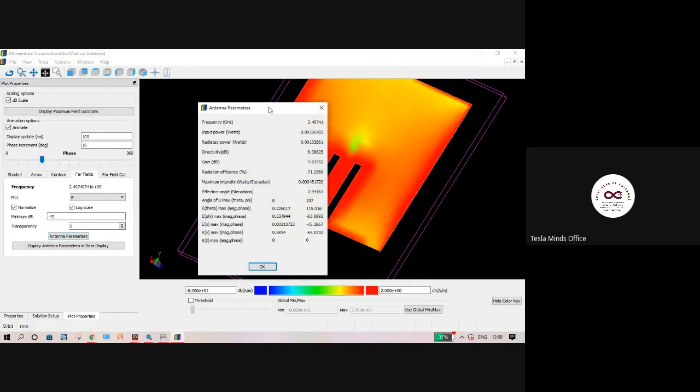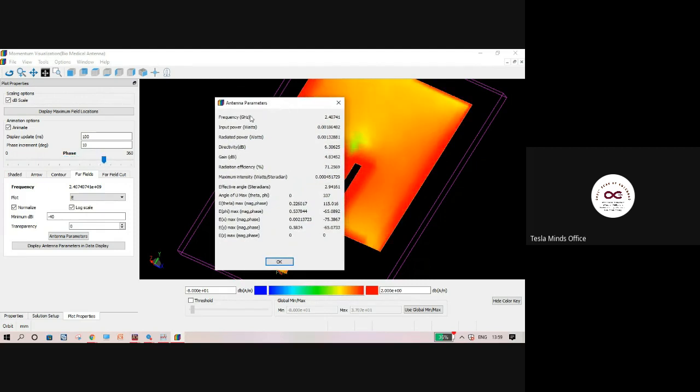Here in this pop-up window, I can get, for this particular frequency 2.4 gigahertz, my directivity is 3.63, gain is 4.8, radiation efficiency is 71%, and the maximum intensity is 0.00045 watts per steradian.